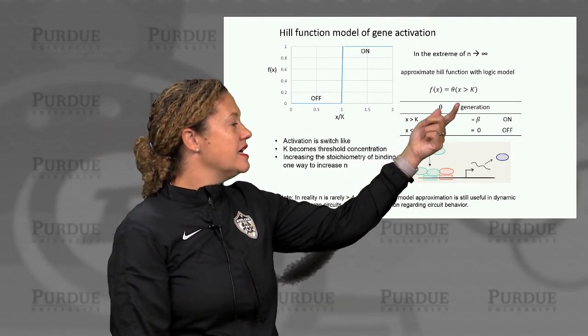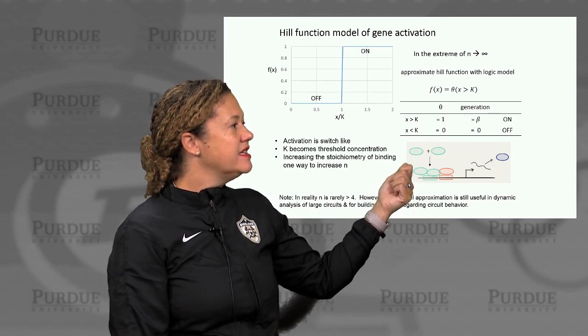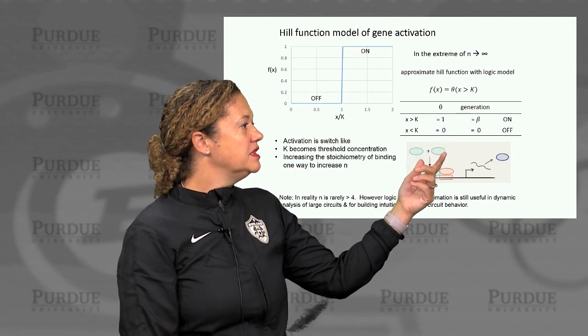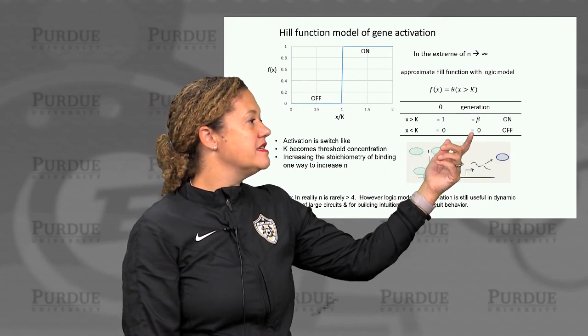If X is smaller than K, then our test statement is false, theta equals 0, and generation rate is 0